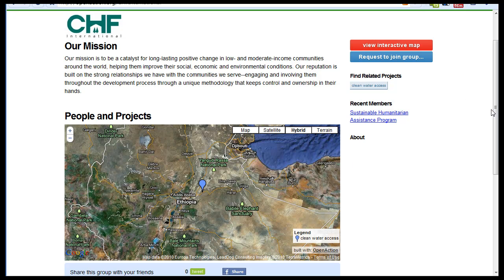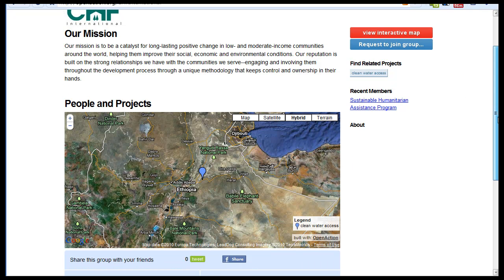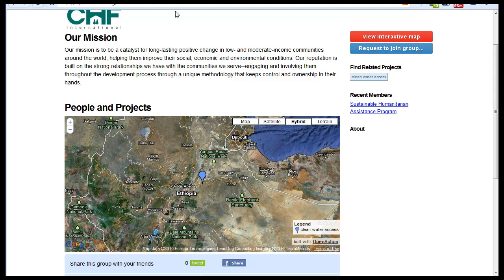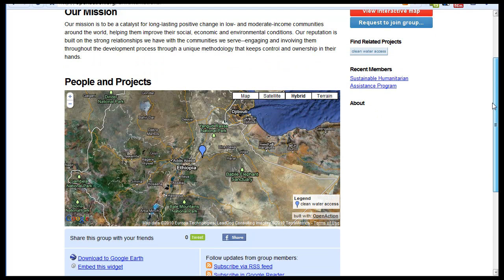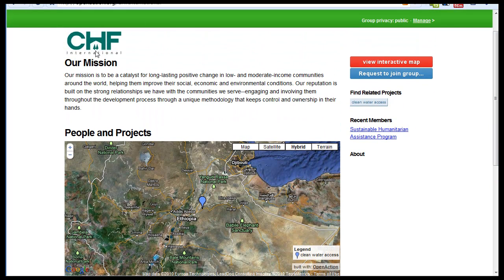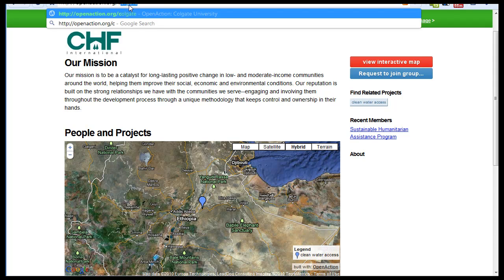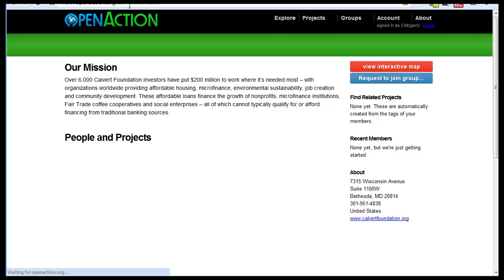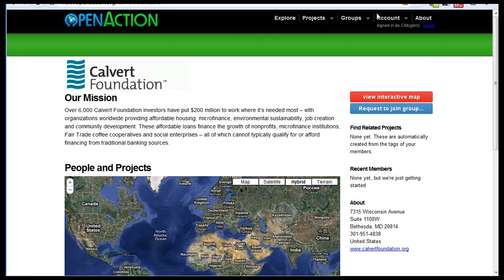And what's nice is we can then, once we plug in all this content, actually offer CHF this map to embed on their own site. And again, you're going to be able to pull their content. So as we add more projects, those projects will join CHF. And CHF will be a group of maybe 20, 30 some projects. And rather than having to have each project also join the Calvert group, because we've created a Calvert Foundation group, what it would be is just send us the